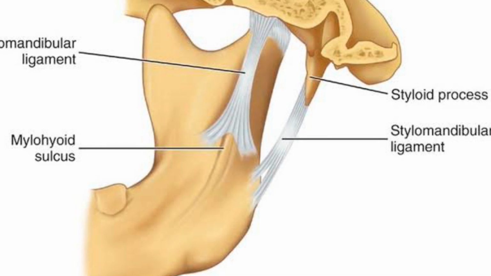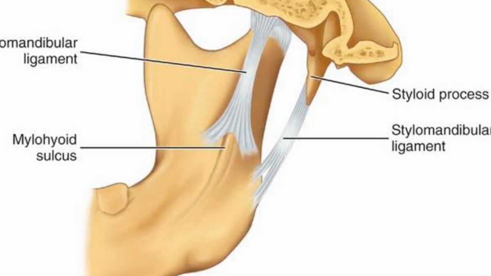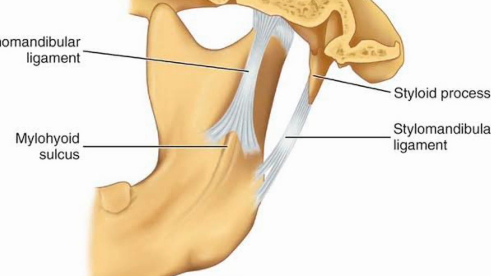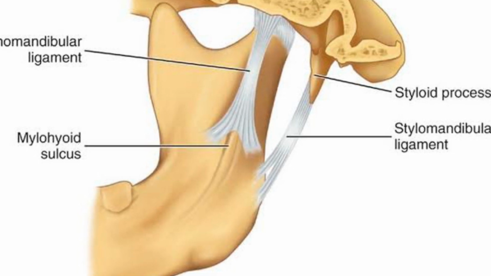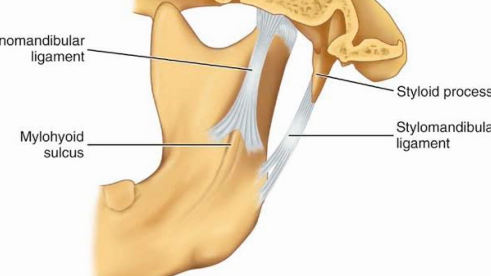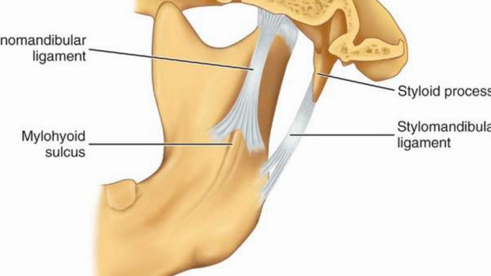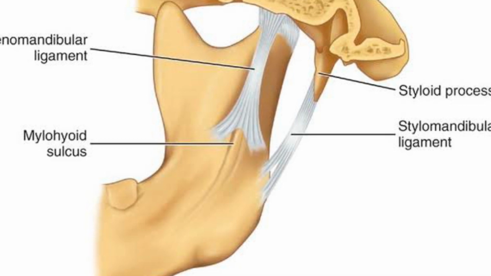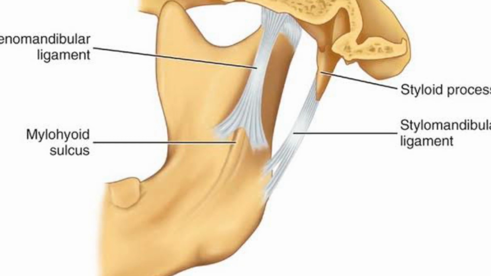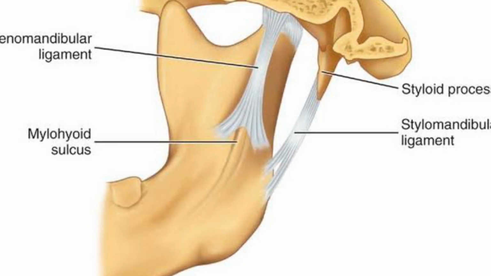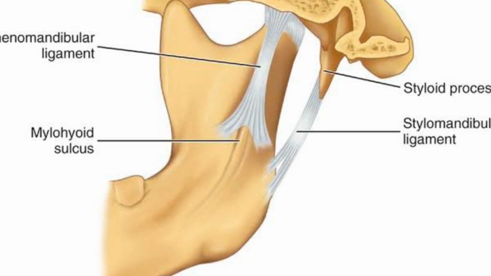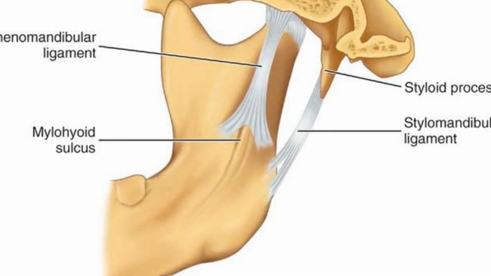The fourth ligament is the sphenomandibular ligament. It is an accessory ligament. It extends from the spine of the sphenoid to the lingula of the mandibular foramen medially. It is a remnant of the dorsal part of Meckel's cartilage of the first branchial arch. At its lower end, it is pierced by the mylohyoid nerve and vessels. So this is an accessory ligament, and it is one type of extrinsic ligament of the TM joint. The fifth ligament of the TM joint is the stylomandibular ligament. It is an accessory ligament.